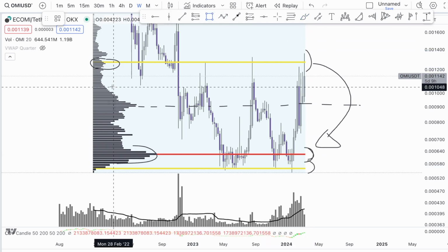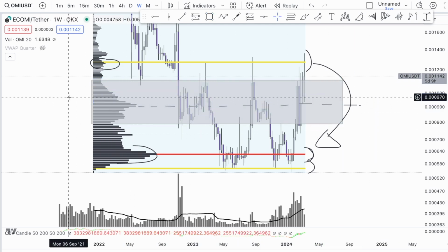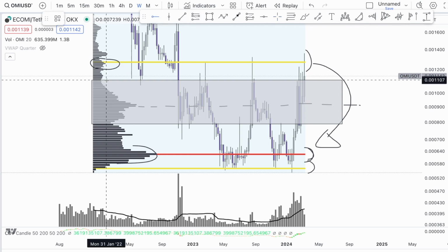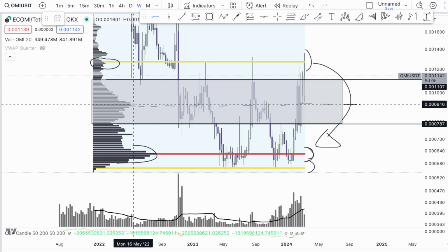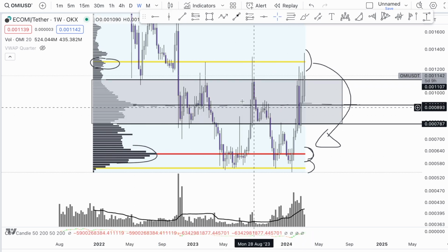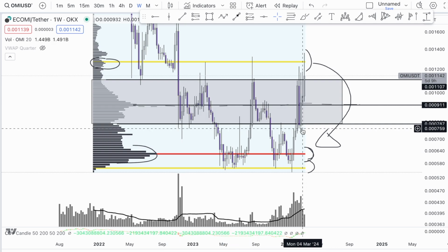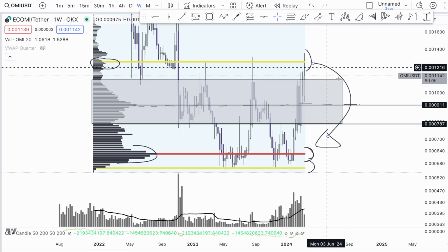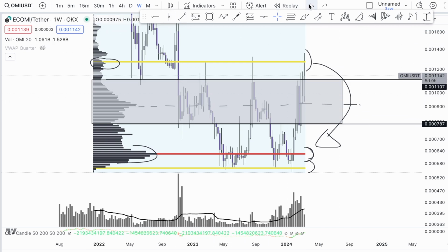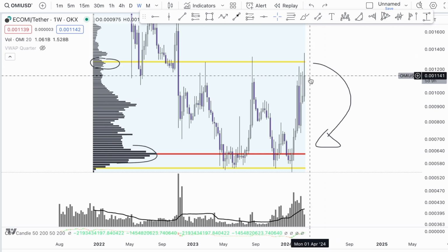So if I draw this out right here, guys, this is its own node as well. There are minor nodes inside of bigger nodes. So if this is the case, we have a high, we also have a low, and most of all, we do have a middle, the highest point. You see how we have a bigger structure and I made a smaller structure within that bigger structure. So guys, there are a lot of ways of looking at price action when it comes to trading like this. Overall, we do see that the volume has transacted more likely at the bottom section of the market. Great signs for us to start looking for some key ideas for sells and trying to take some profits